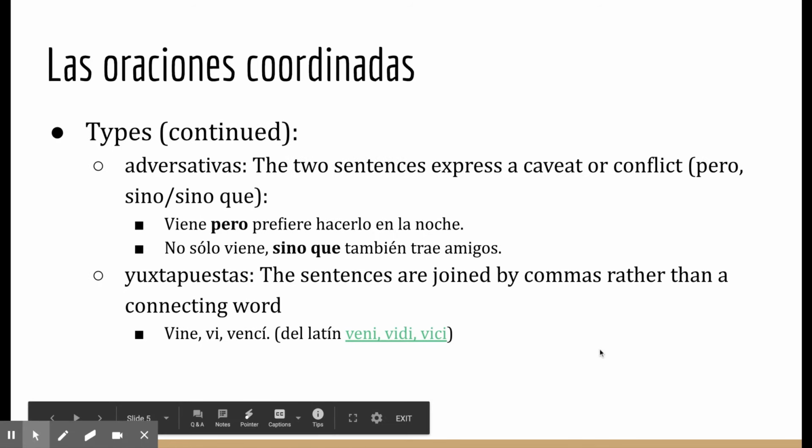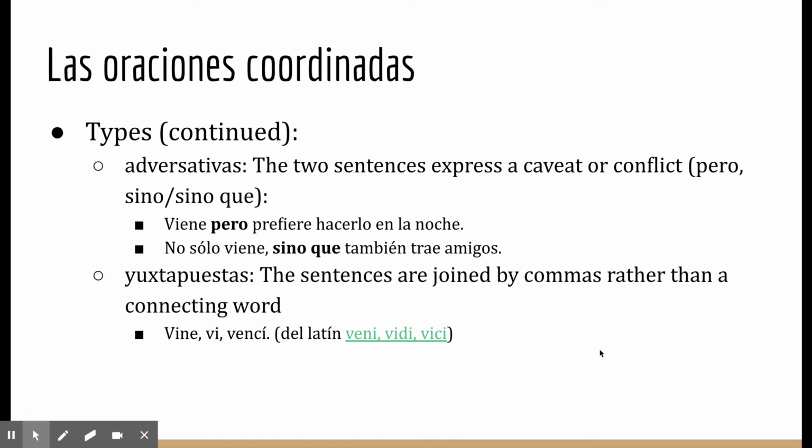Okay. Tipos. You could also have adversativos when the two sentences express a caveat or a conflict with pero, sino, or sino que. Viene, pero prefiere hacerlo en la noche. So he's coming, but he prefers to do it at night. No solo viene, sino que también trae amigos. So he's not only coming, he's bringing friends. And then yuxtapuestas are when you have sentences that are joined by commas rather than a connecting word. And the most famous example is I came, I saw, I conquered, vine, vi, vencí, from the Latin veni, vidi,